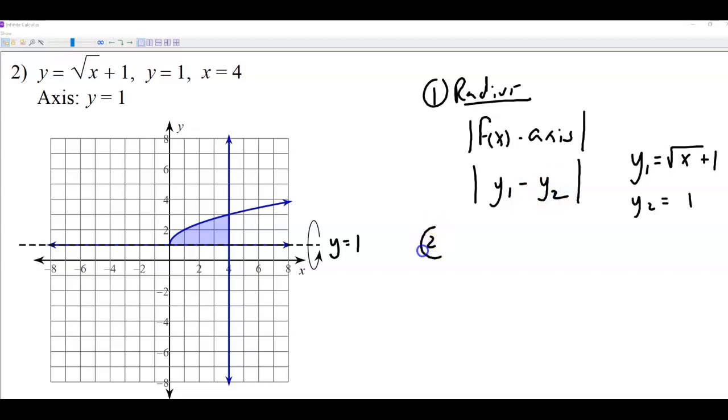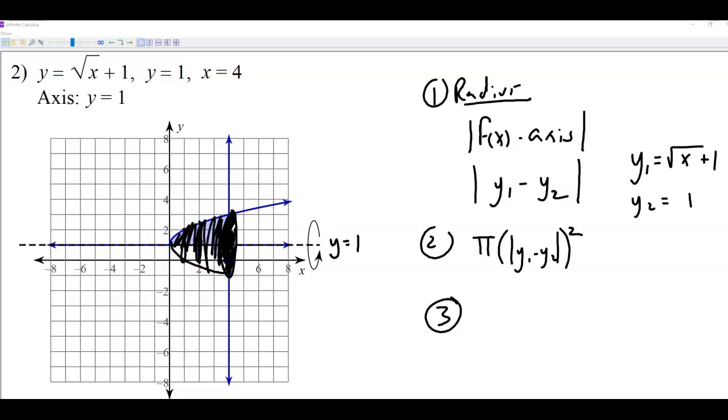And so step 2, I want to rotate this. That's a little bit too big. I want to rotate this around that axis there to create a circle, right? And so I want to find the area of that little circle. And so that's going to be pi times the radius squared, right? And then finally, I want to find a whole bunch of these little circles